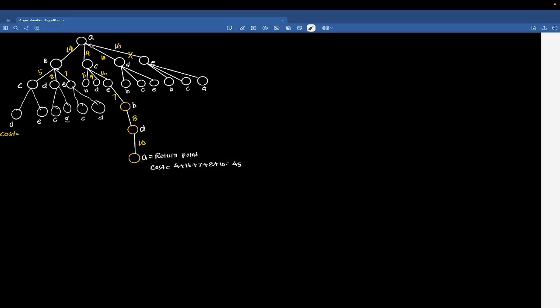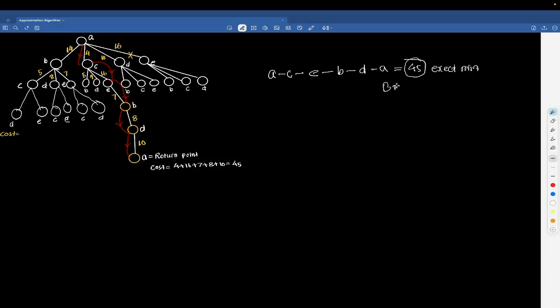So in this diagram, we have explored all the possible paths, and out of that this path gives the minimum cost, which is equals to 45. For that it goes from A to C, from C to E, from E to B, from B to D, and from D to A back. So this cost is 45, which is the best cost, that is exact minimum given by backtracking